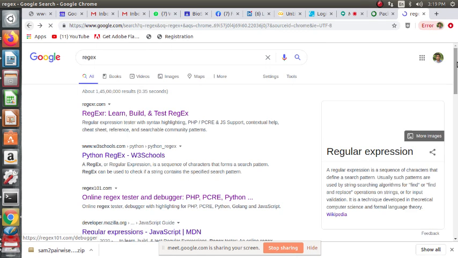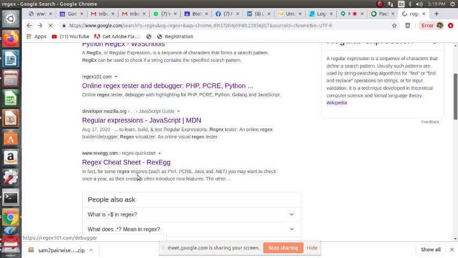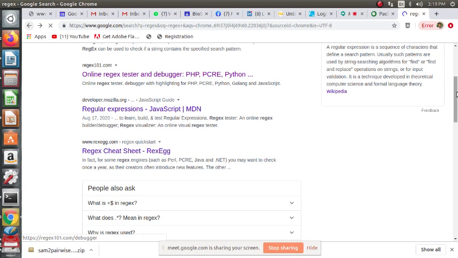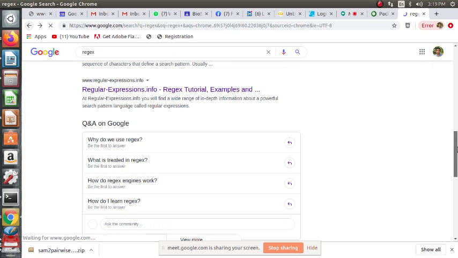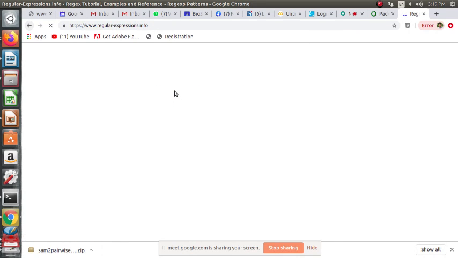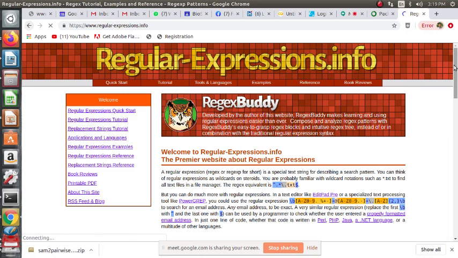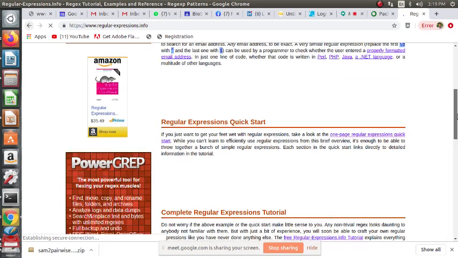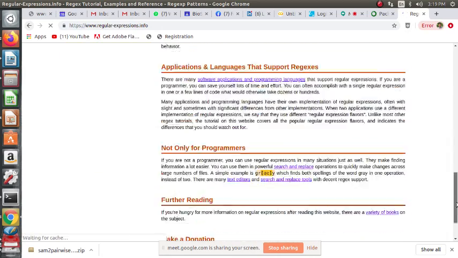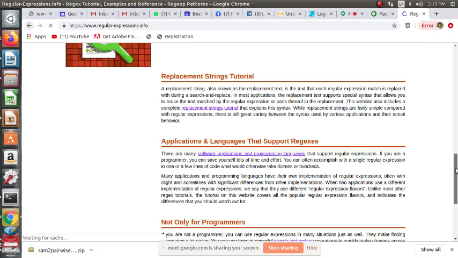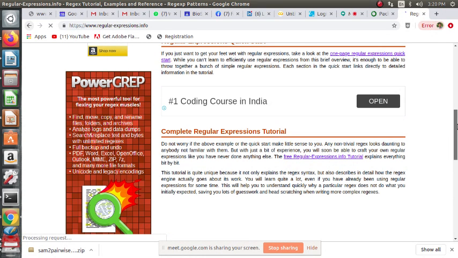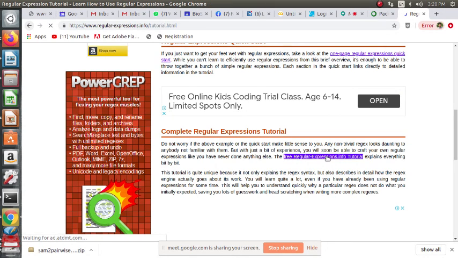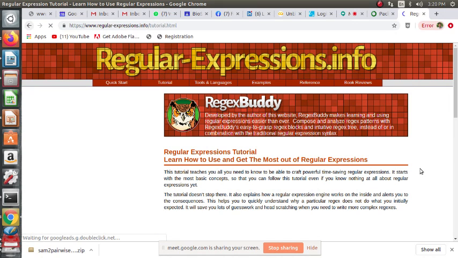I just didn't want to show the interactive way, but a better way of learning regular expressions is through simple tutorials, like the examples. Okay, there's a quick start like this here.